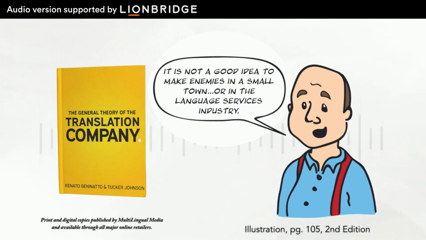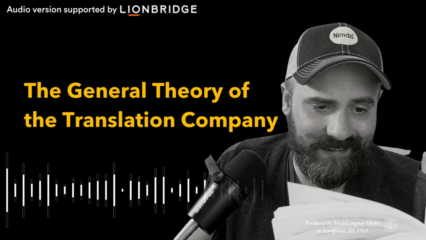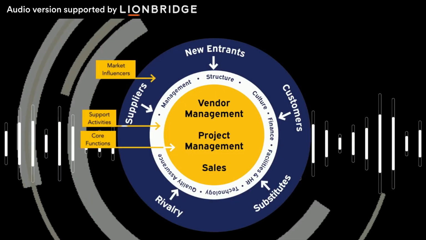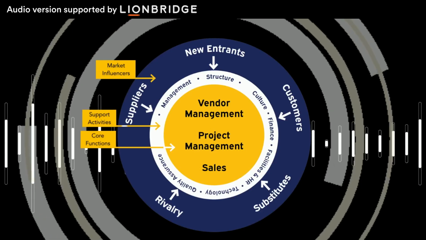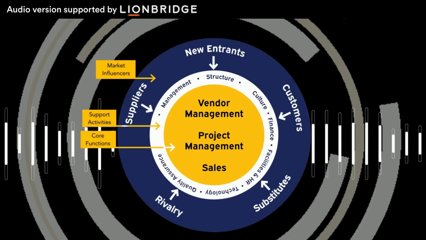What you think of the small town effect is largely a matter of perception. Some use words like networking, others use words like nepotism. Some say insular, others say close-knit. It is not our point here to be preachy in calling attention to this. It is our point to point out a prevalent phenomenon in the industry and to let you think what you want of it. How does this affect industry rivalry?